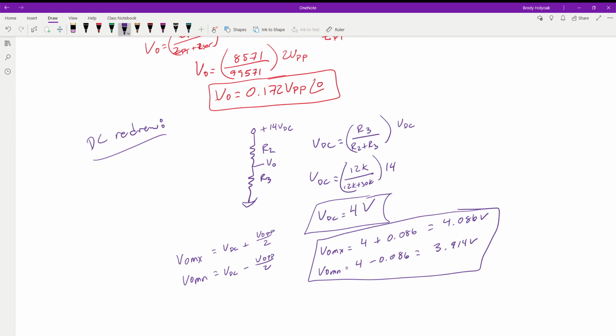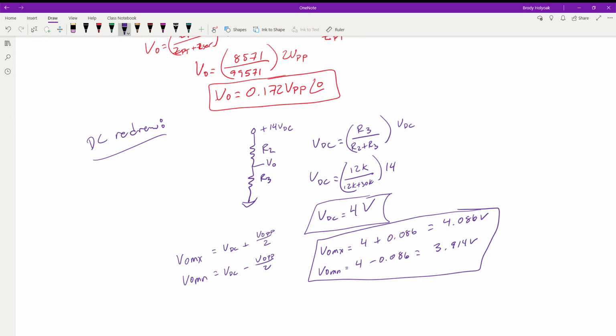If we were to go through and incorporate everything, we would see a V out peak to peak of maybe 169 millivolts instead of 172 millivolts, or something like that. So we're not going to see that much change. And like I said, that makes it really easy and honestly better to calculate these circuits. We can start whipping these out pretty quick. But know that we are using a little bit more approximation, so the values are going to shift just a little bit, but they're still going to put you in the ballpark with everything else that we've been doing. So anyway, that's the basics about AC/DC circuits and how to calculate them.